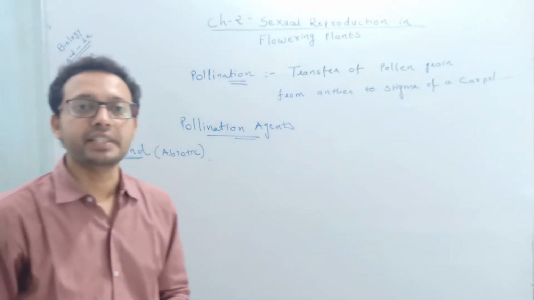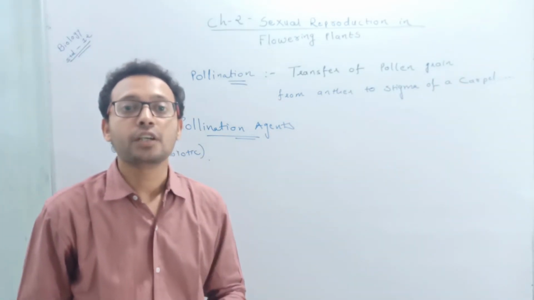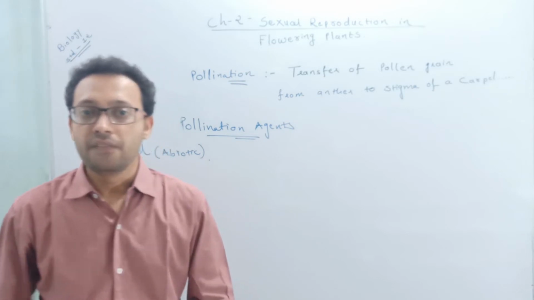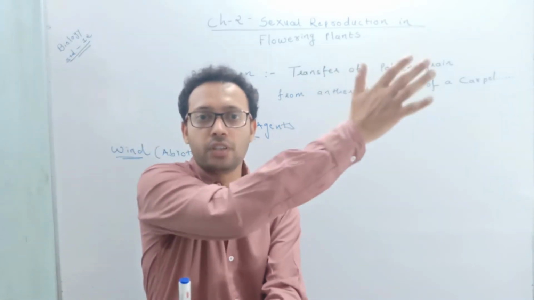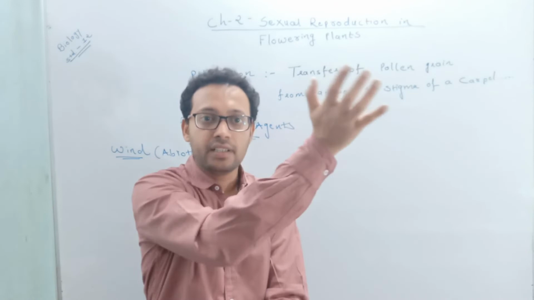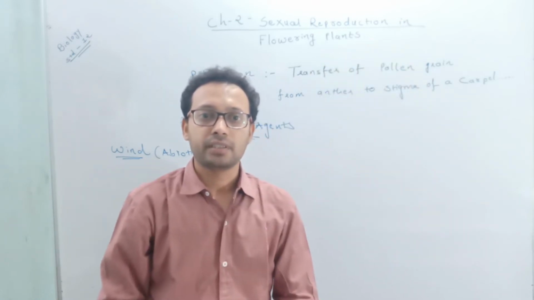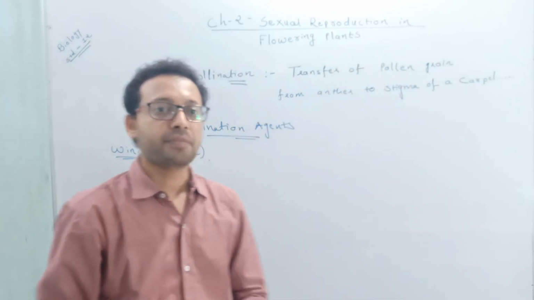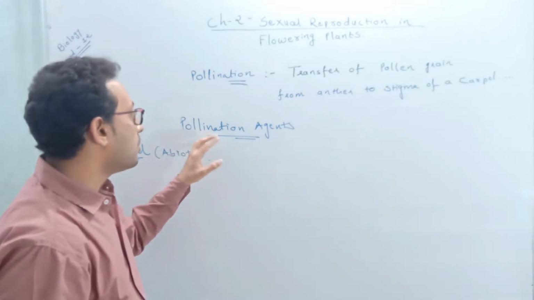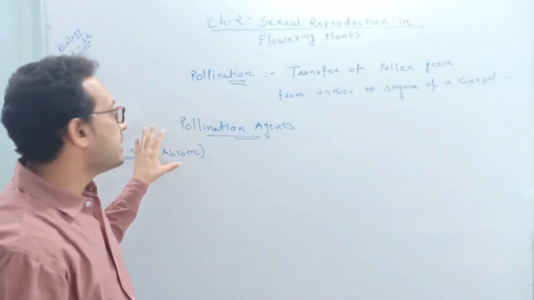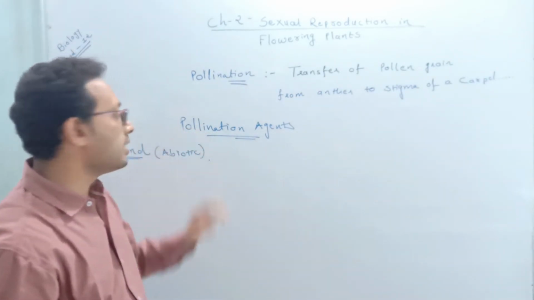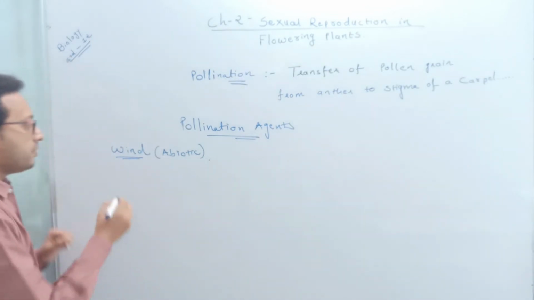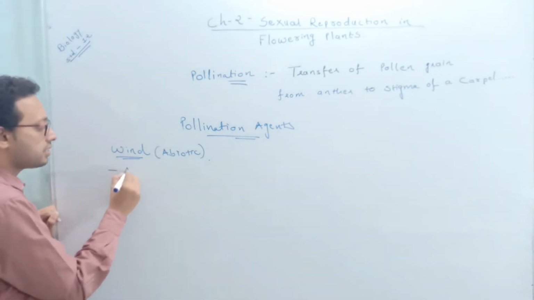Wind is a non-living pollinating agent. When the wind blows, it carries the pollen grain from anther to a stigma. So this type of pollination, the pollination which occurs with the help of wind, is called